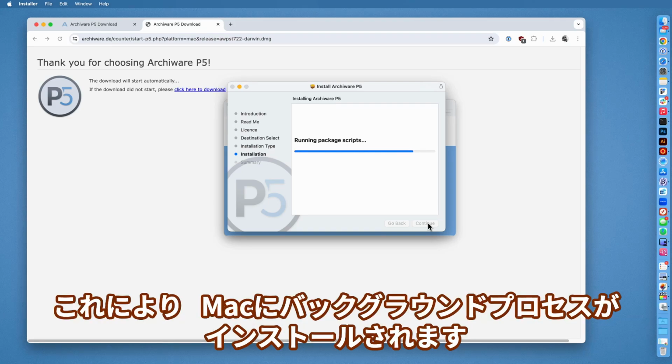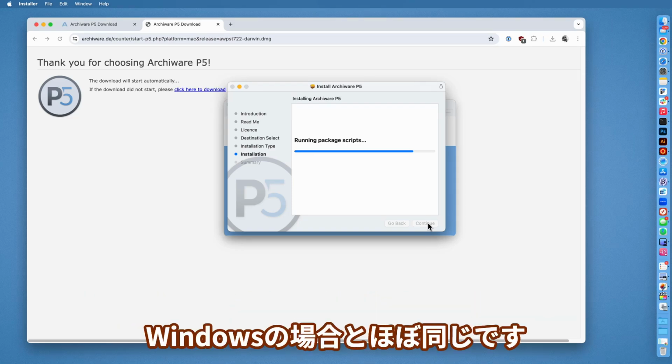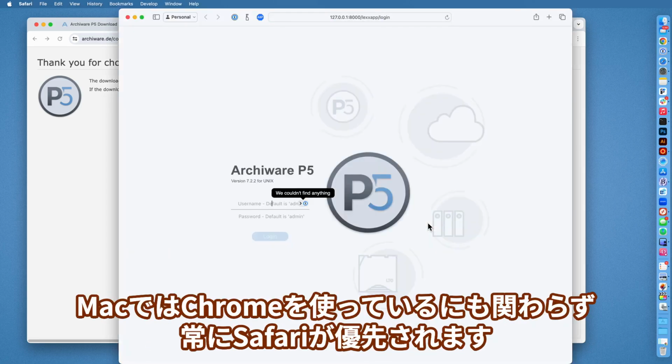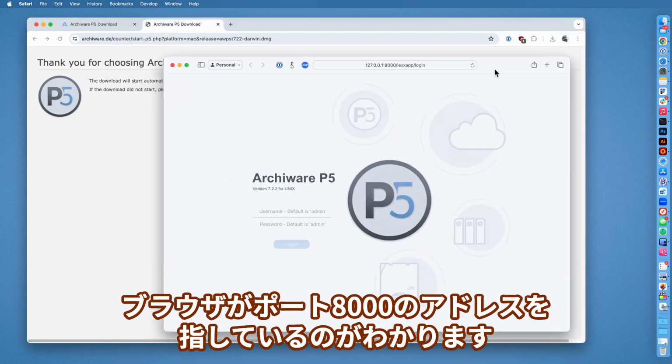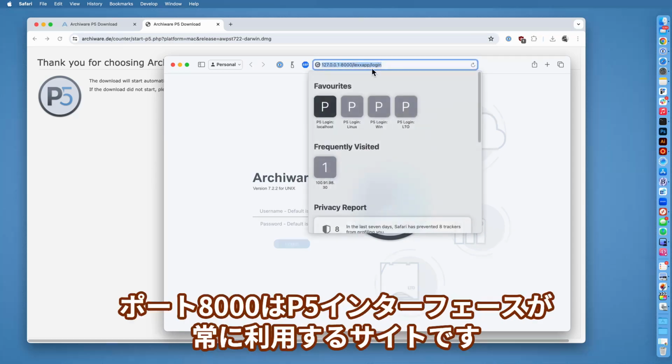This will install the background process on the Mac and then open up the web admin interface in a browser, pretty much the same as it did on Windows. So on Mac it always prefers Safari, even though I'm using Chrome. So there we go, we're running. You can see the browser is pointing to the loopback address on port 8000, which is where the P5 interface